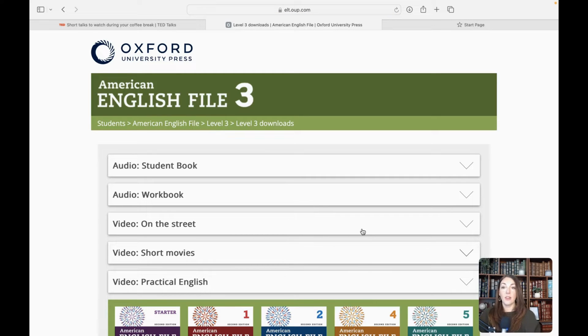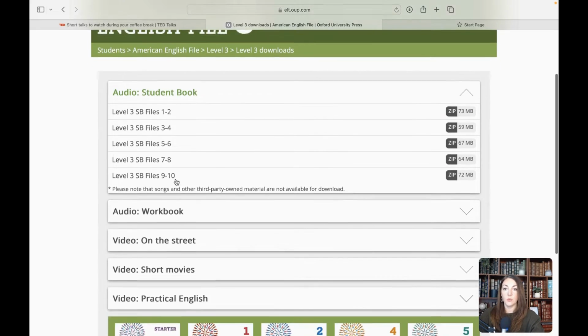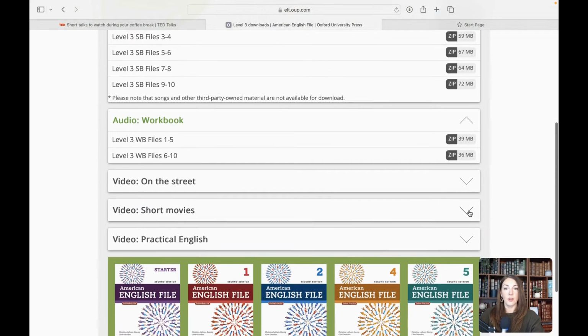So English File, I believe, is now up to the 4th or 5th edition in terms of the most recent student book that you can purchase. But they do have all of the audio for the 3rd edition available here in the download center on their website. So again, you can find all of the audio and download it for free for the student book, for the workbook,